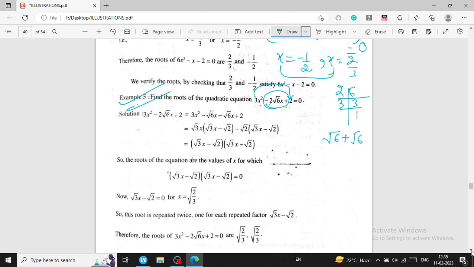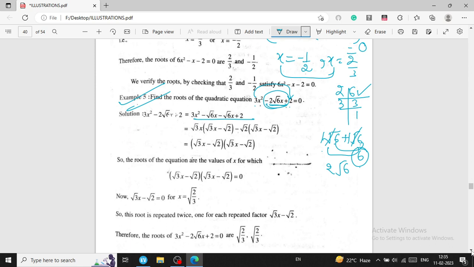plus root 6. When we add them we get 2 root 6, and when we multiply, root cancels with root and 6 is left. Now you can see when we multiply these two numbers, we get 6, and when we add these two numbers, we get this number. So we take the factors 3x square minus root 6x minus root 6x plus 2, and root 3x,